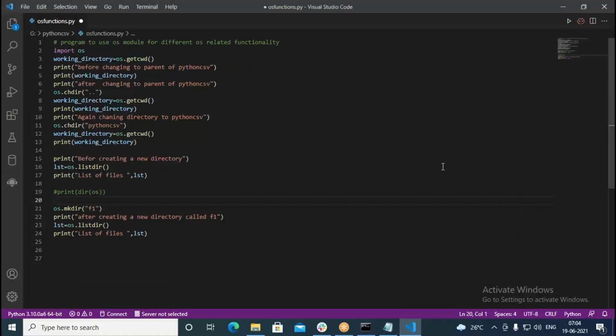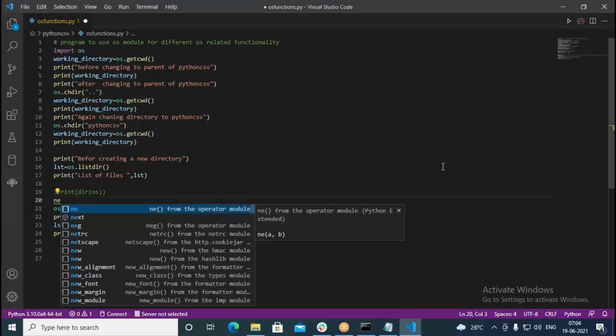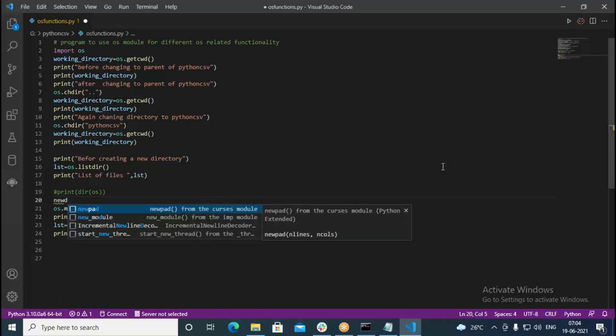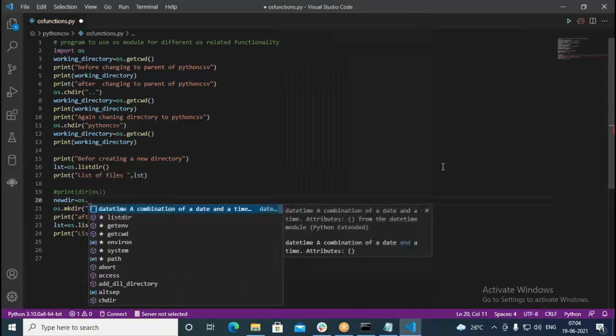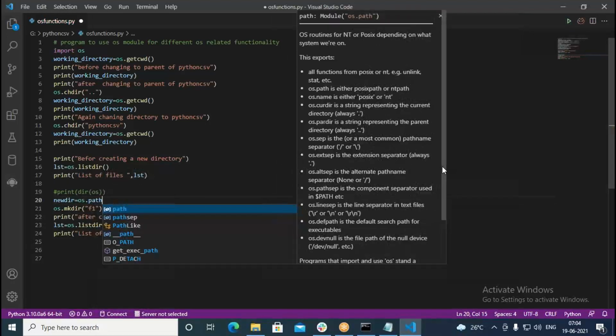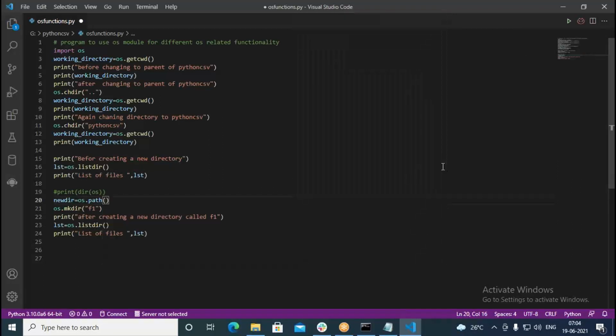Just write here new dir, this is equal to os.path. In the path, we need to have even the root directory. Therefore, put like this here, g:/, then here we put Python CSV.